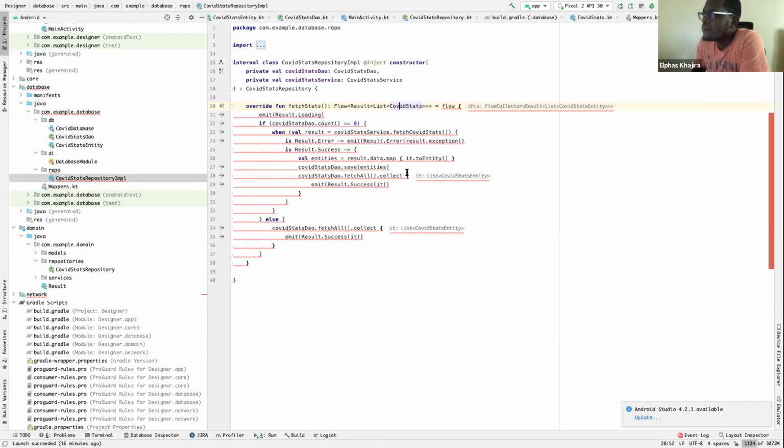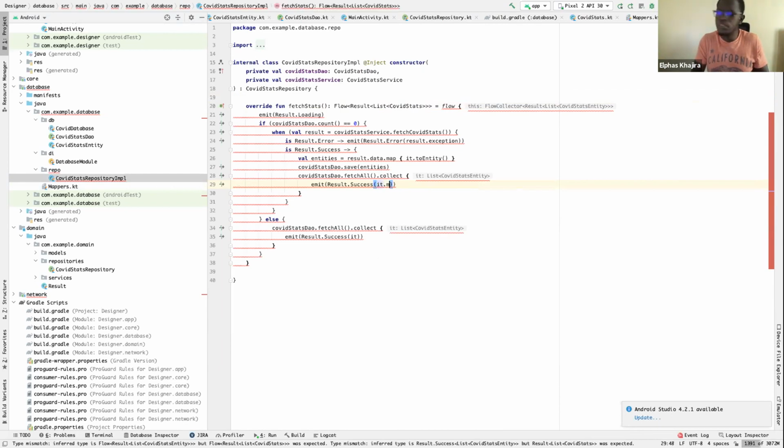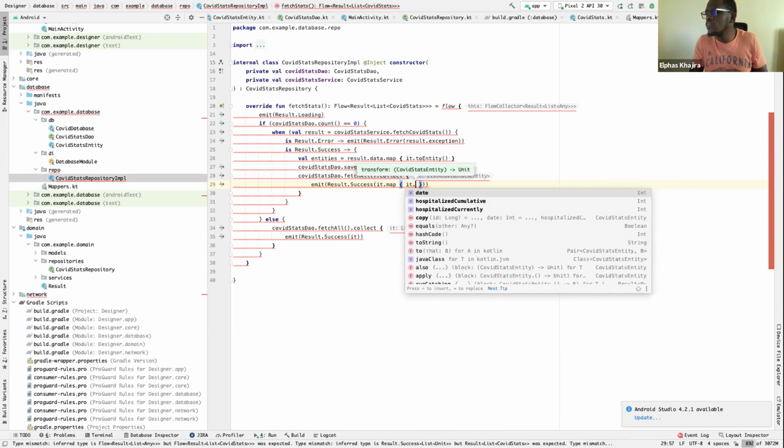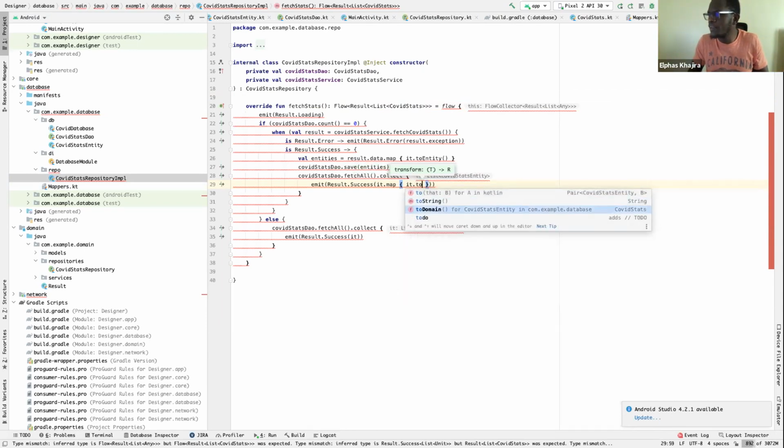So if we come here, it means we have to map all these items that we're trying to emit to the start. So we'll do a map, and then we do it dot to domain.